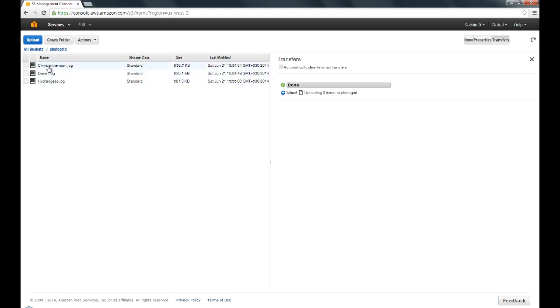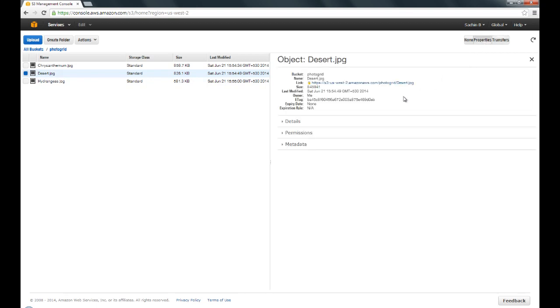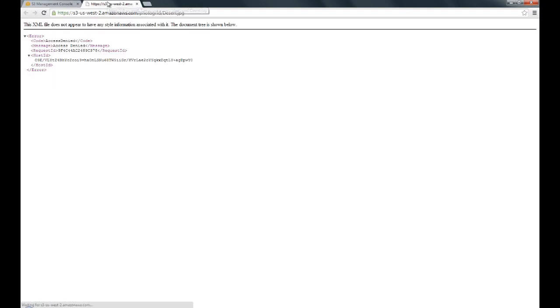Now, if you click on any one of the files, let's say if I click on this file, and if I click on properties, then one of the things that I'm going to get is this link. And this is the link that you can use to access this file from your web application. Now, if you right click here, and if I click on open link in new tab, notice what happens. The file does not show up. Instead, it says access denied. You get this XML message